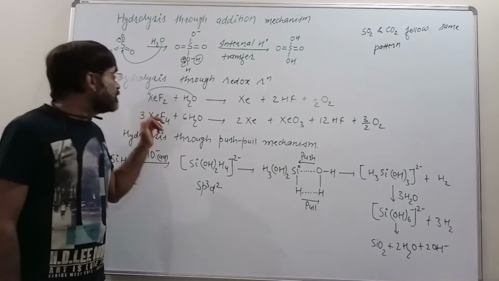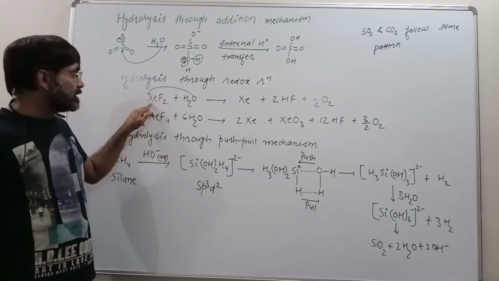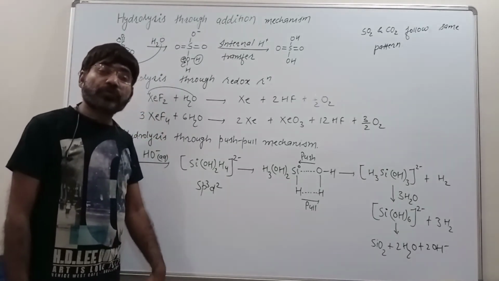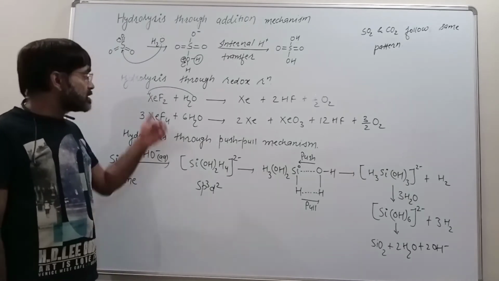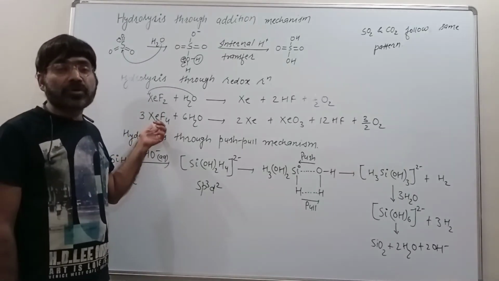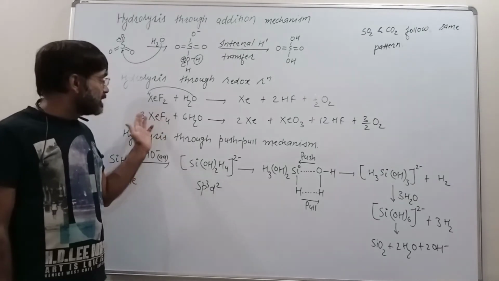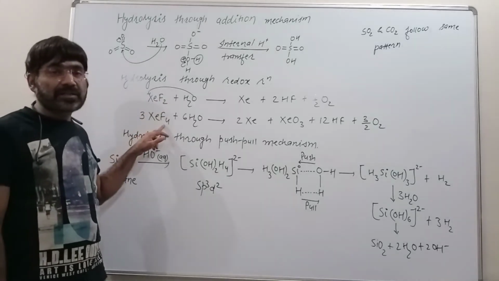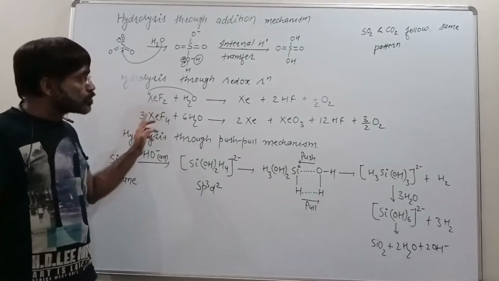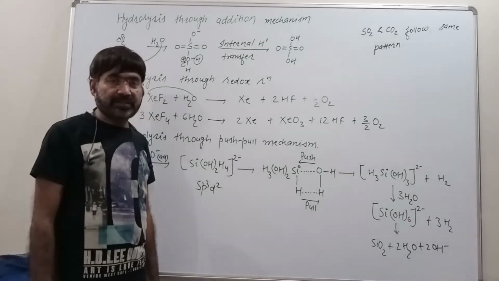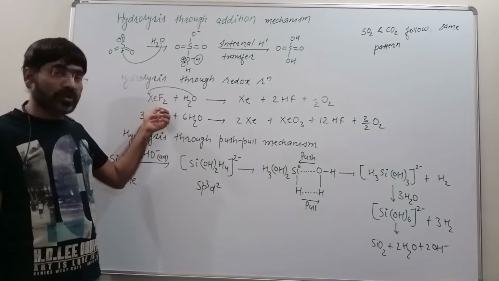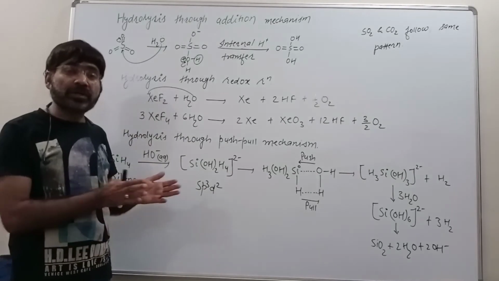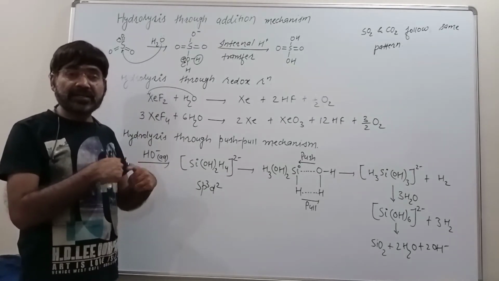In xenon fluorides, xenon is in +2 oxidation state in XeF2, while in XeF4 it is in +4 oxidation state. Xenon, being a noble gas, wants to remain in 0 oxidation state. Its tendency to form compounds is extremely low, but these compounds are formed because of the greater reactivity of fluorine. But xenon wants to remain in 0 oxidation state. So if xenon wants to go to 0 oxidation state from +2 and +4, it is undergoing reduction.